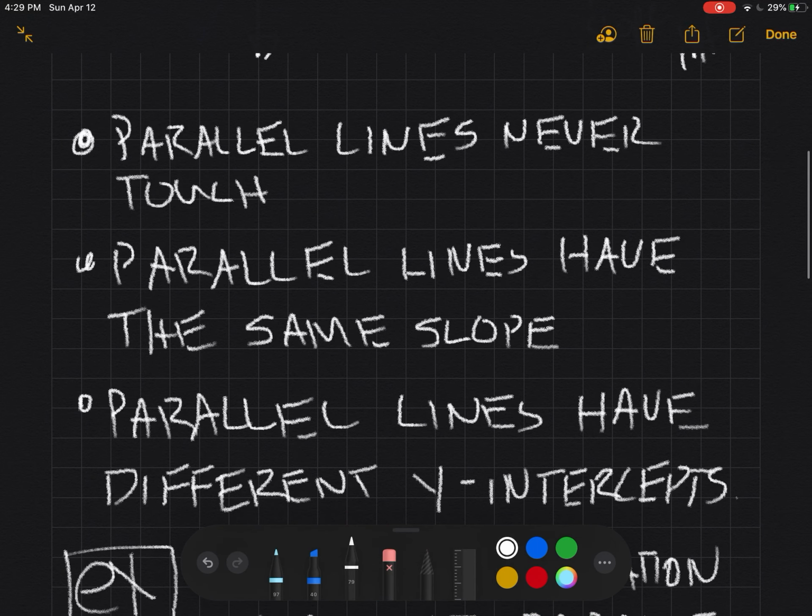All right, so that's a little bit about parallel lines. In the next video, we're going to talk about perpendicular lines, but I just want to go back to our summary here. This is the stuff I really need you guys to know. Parallel lines never touch. Parallel lines have the same slope. Parallel lines have different y-intercepts, and I hope that you all are